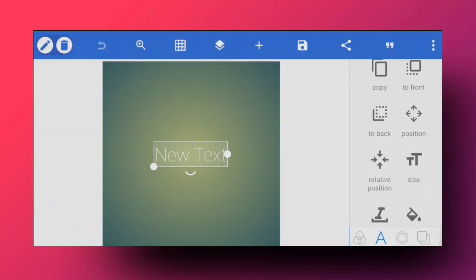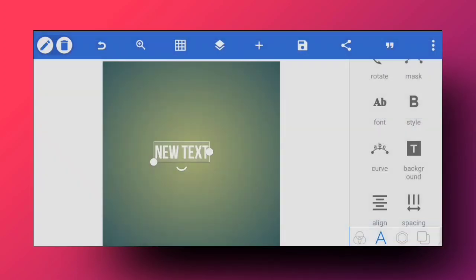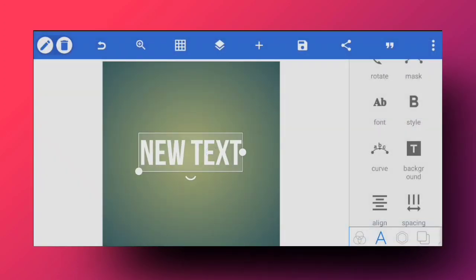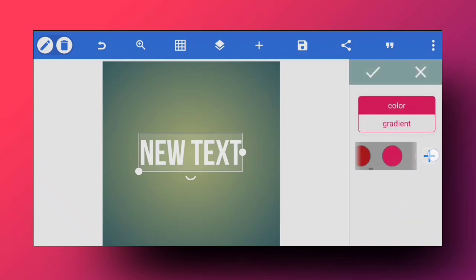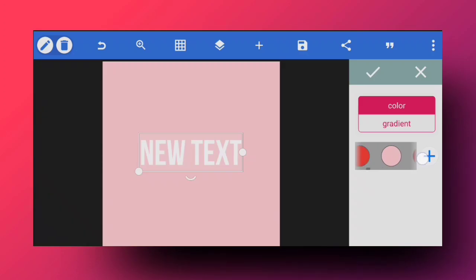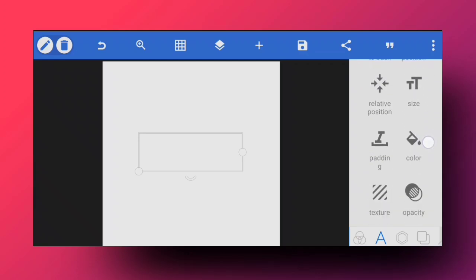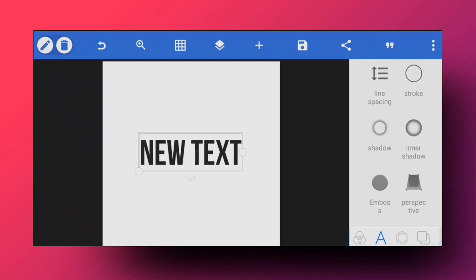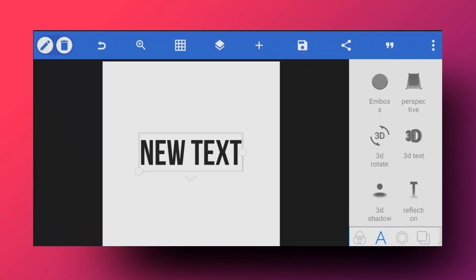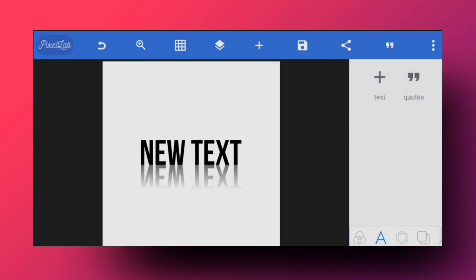I'm just going to create some kind of reflection to show you how it actually works. So I'm going to choose some basic font. This is how our text looks. I'm going to choose the color white, and I'm going to change the color of our font. So from fonts, I can change the color. Now I'm going to select back. Once we are done with that, we are going to go into 3D reflection and switch it on. And now as you can see, it looks like our 3D text is right here.